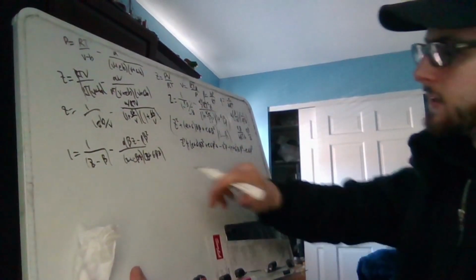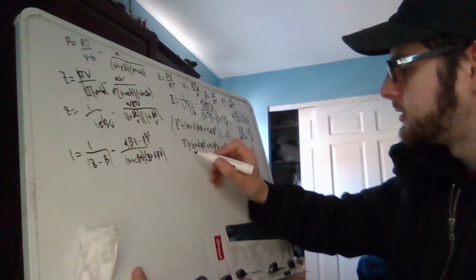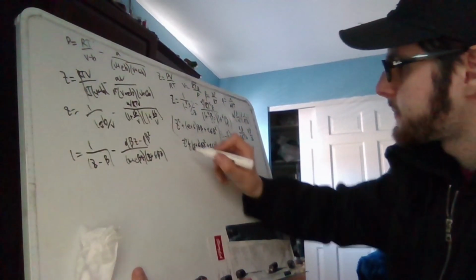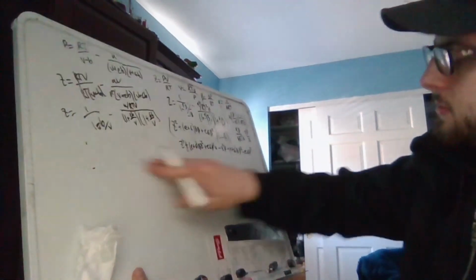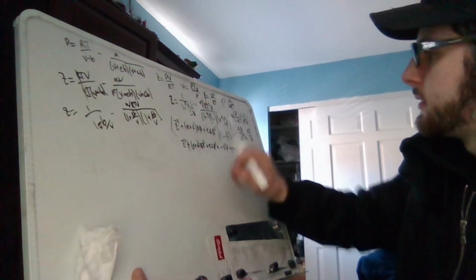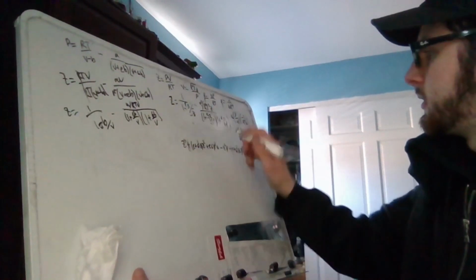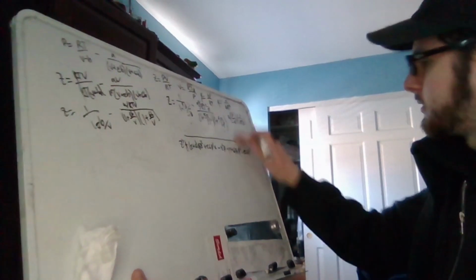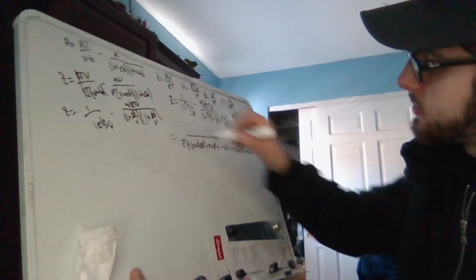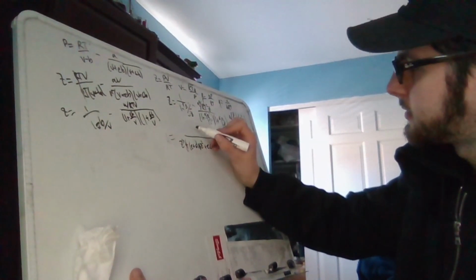So what we have then is, I'm just going to erase this first and just write it that way. So that way it's 1 equals, and then the top part is